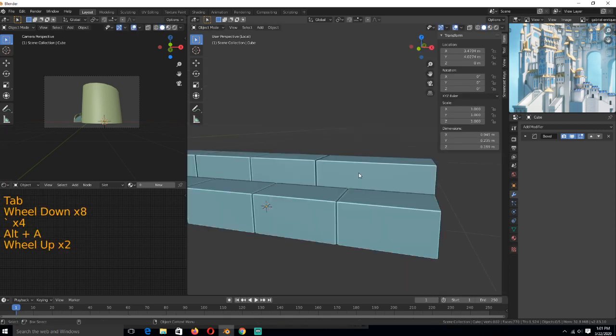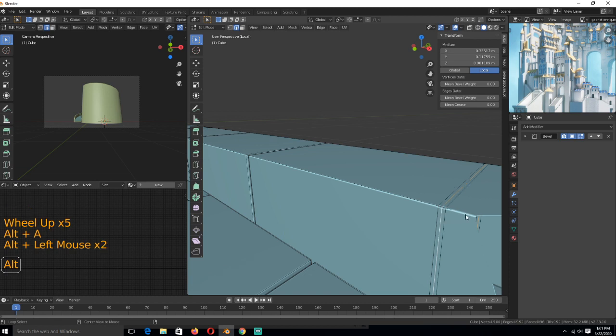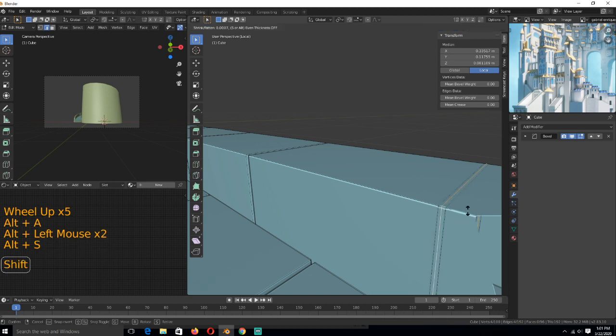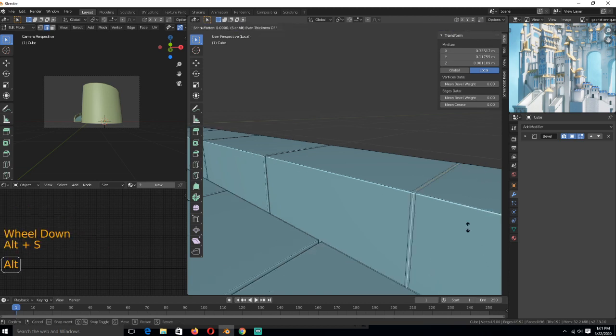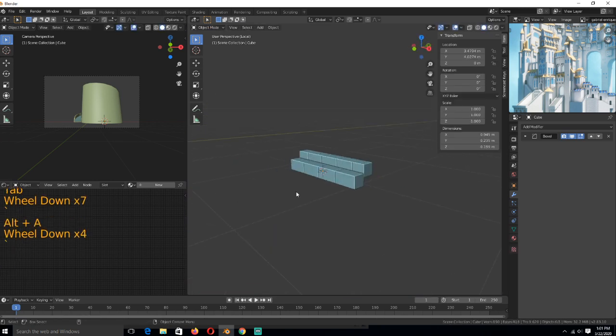Just slight small details like that can make your renders look far better than without those small details. So something like that. Now we can use the array